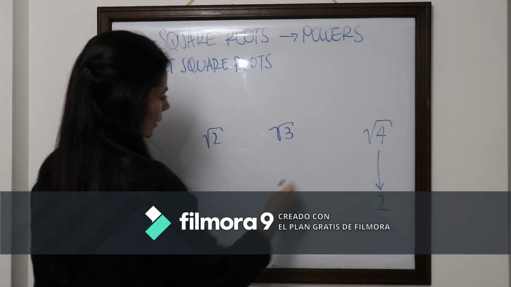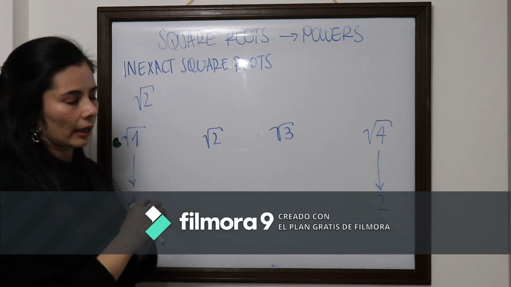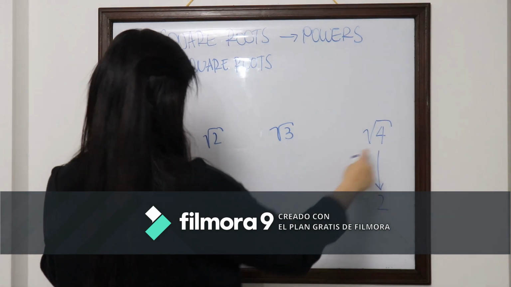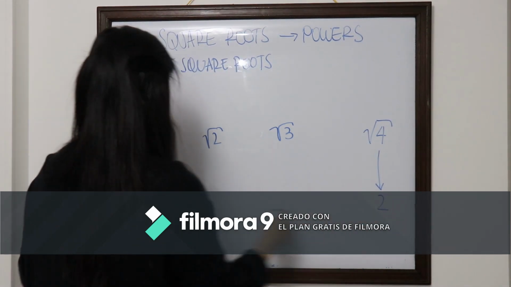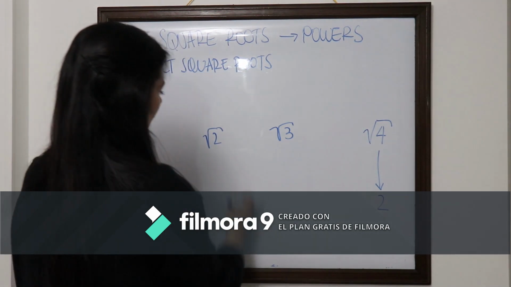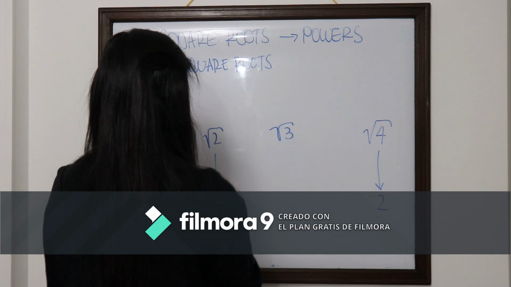If you think about it, we are trying to estimate how this works. This is the whole way, from 1 to 2, from the square root of 1 to the square root of 4. This is kind of halfway, right? So I can actually estimate